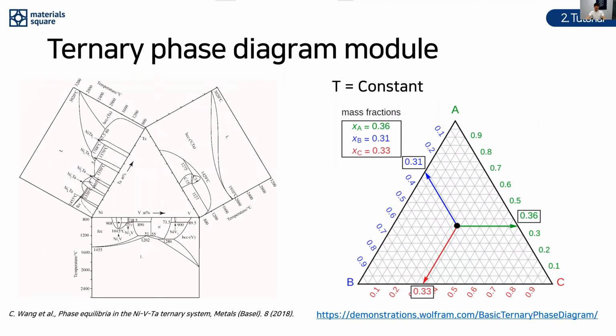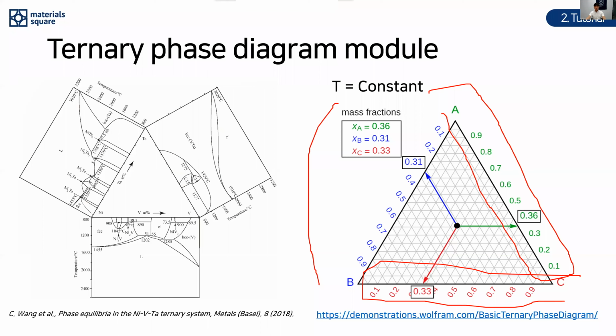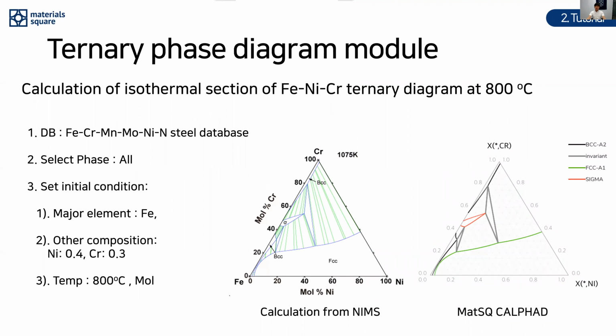The following figure indicates how to read the composition on isothermal section of ternary phase diagram. Particularly in case of ternary phase diagram, focusing A side and C side as a reference makes the composition on the isothermal section easier to recognize. Let's start the tutorial of this module. We will get isothermal section of